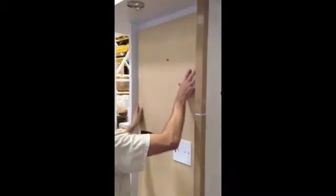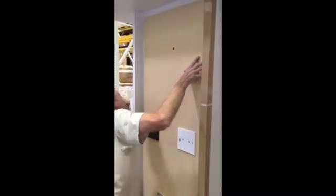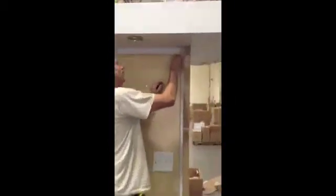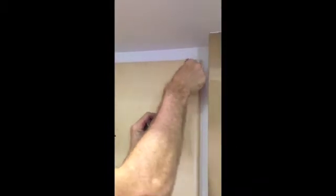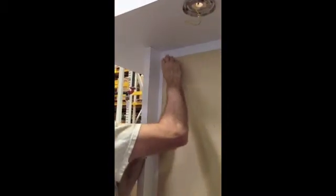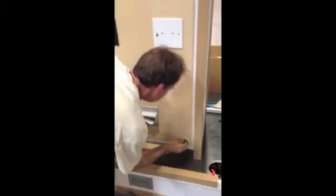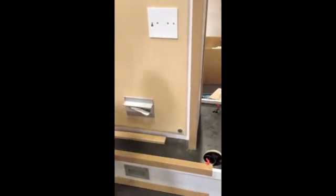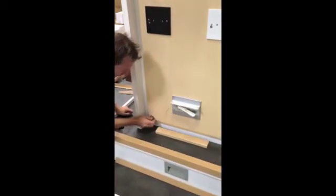Line up the screw holes. Push it on. Screw on the decorative caps. But again, it's critical that all the fixtures be